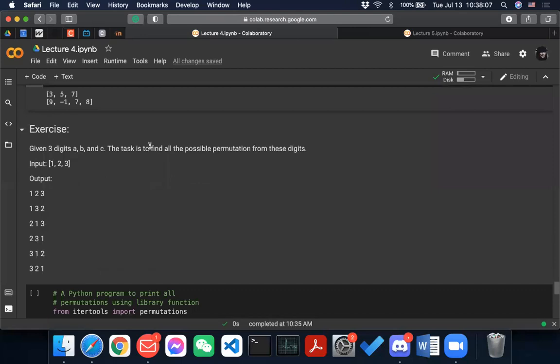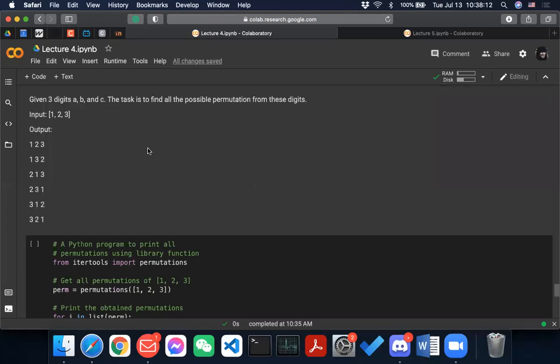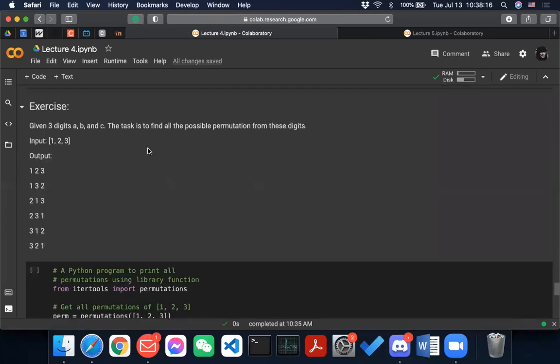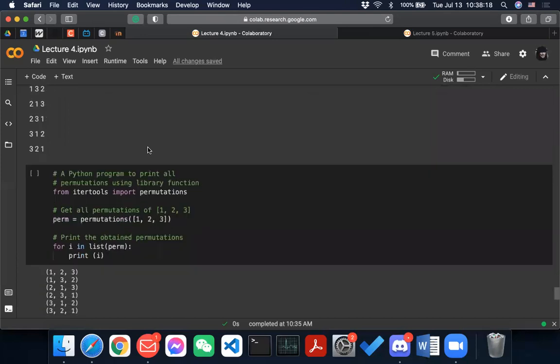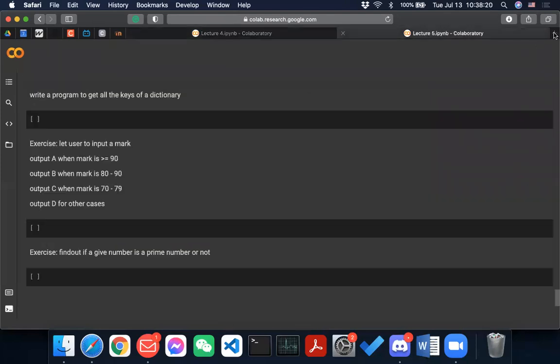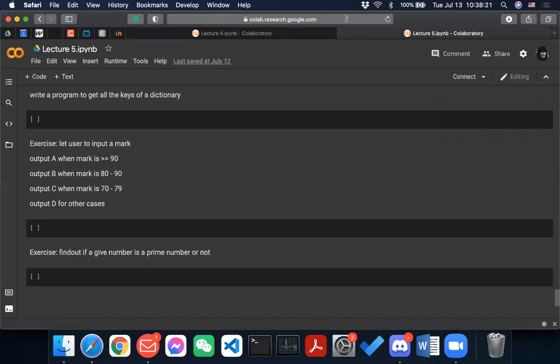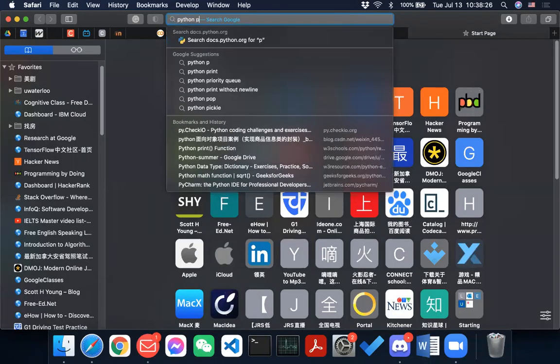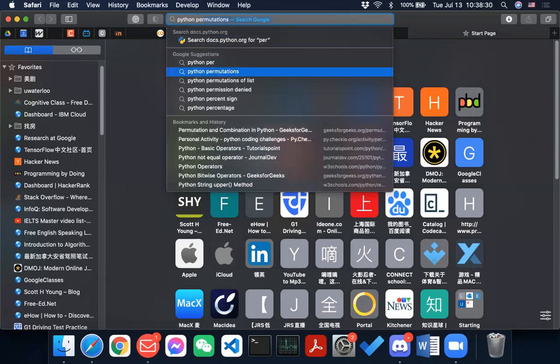So the third exercise is to find the possible permutations. Yeah, you can do it by hand. I don't feel like doing it, so I would go and research, because Python is really powerful in terms of its libraries, right?